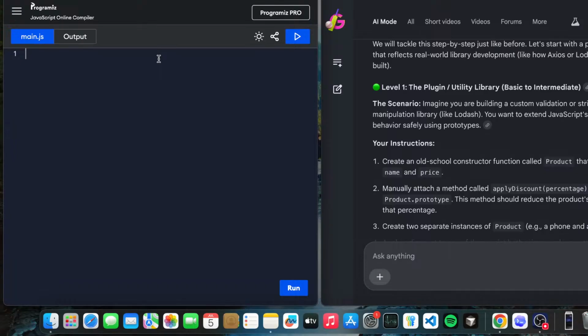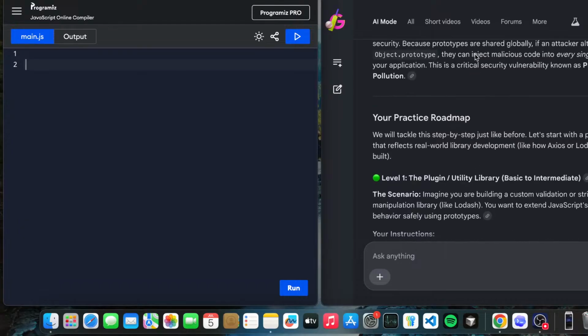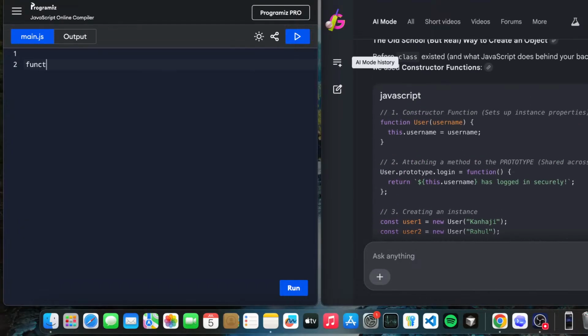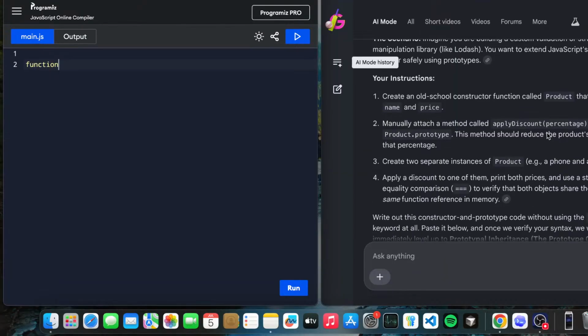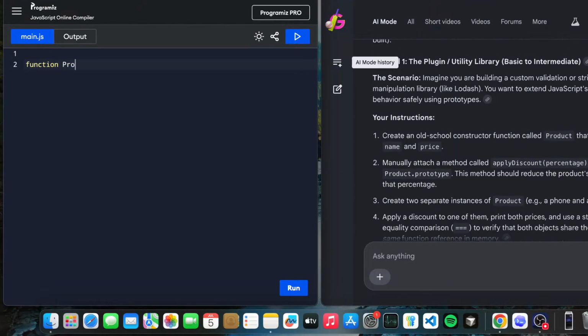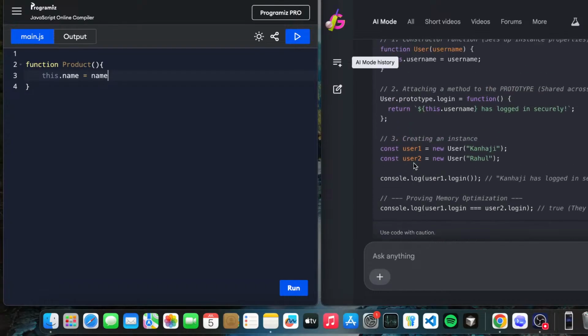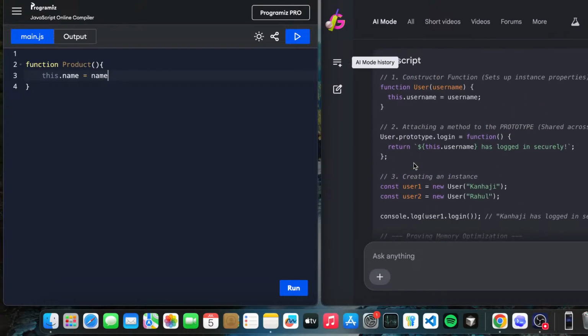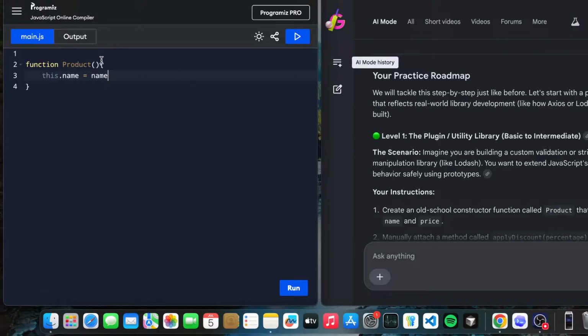So we are now working with constructor functions. Let's take a look. We create a constructor function called Product. Here we are using this.name equals name. Let me check, name, yes, we are good to go.